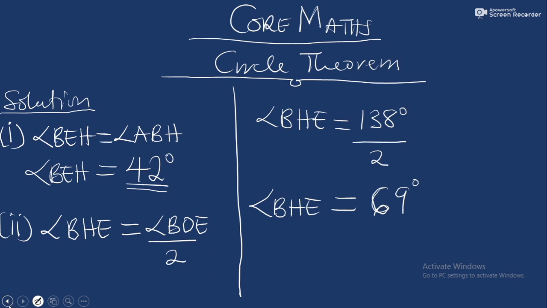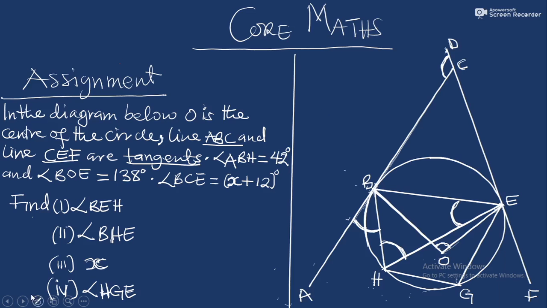Alright, so let's look at question 3. Now with question 3, we were to find x. Good. Now the x can be found here. We're told that x plus 12 is this angle. Okay, so the angle at C here is x plus 12. Good. So how do we get this x? Let's look at the diagram carefully. So looking at the diagram carefully, you realize that there is a quadrilateral here, a four-sided figure here, that is